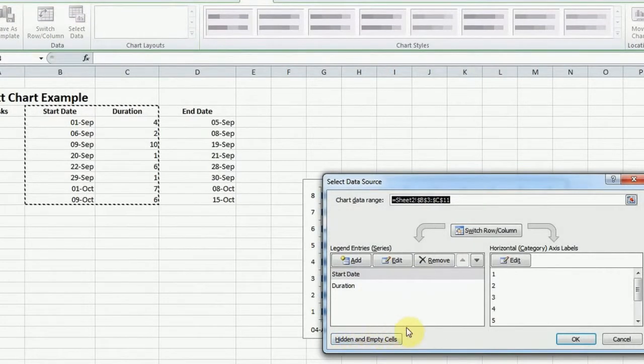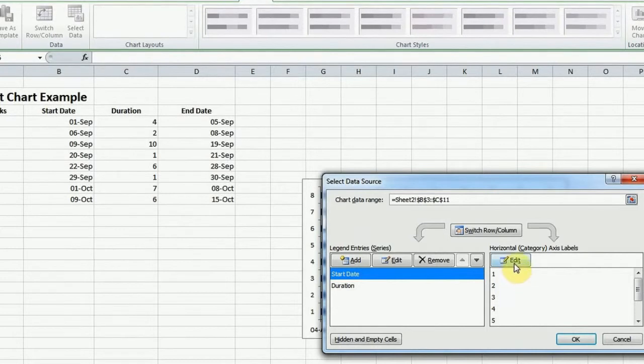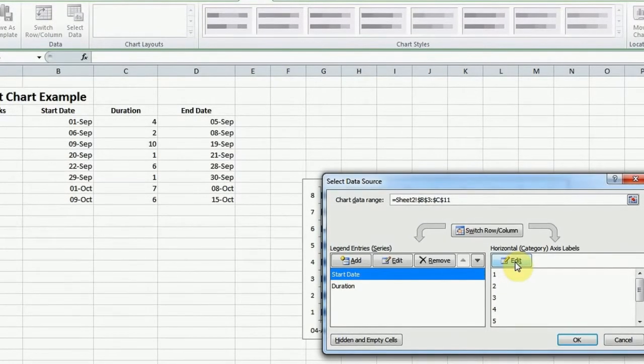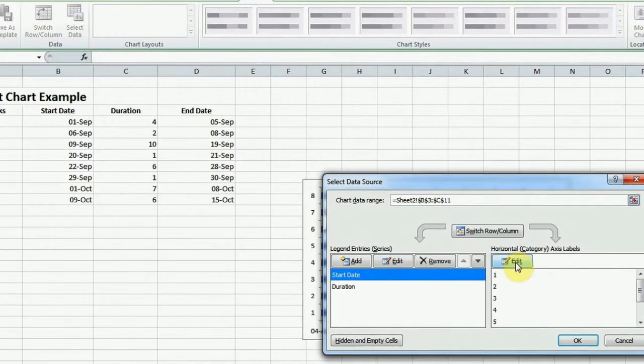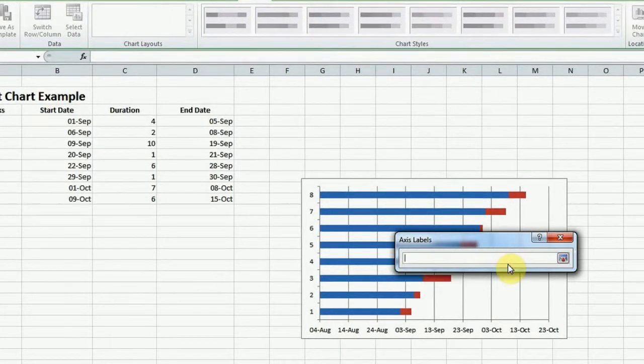From the Select Data Source pop-up menu, click on Start Date and then on the right-hand side area of the menu, please click on the Edit button. Click on the Complete button and then click your cursor on the first task.